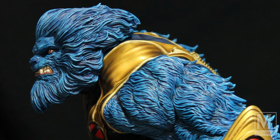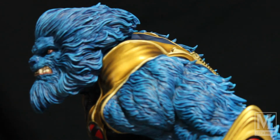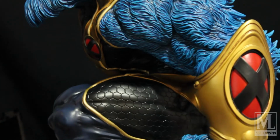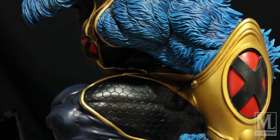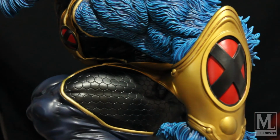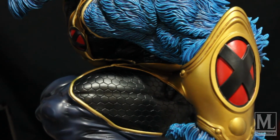Alright, here's an interesting angle. We're able to get him a little turned around over here. We'll go down here, show you the bracers. We kept the theme of the X on the chest and the X-Men logo on the bracers. Wanted to keep it in sync with